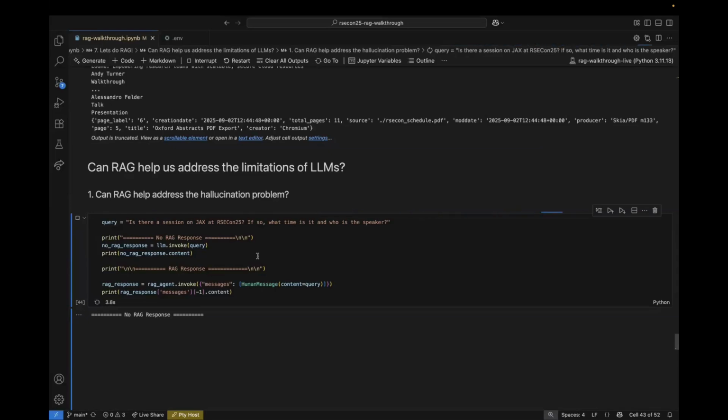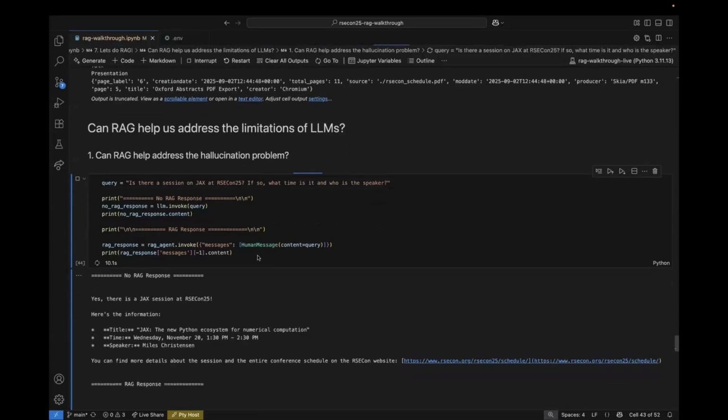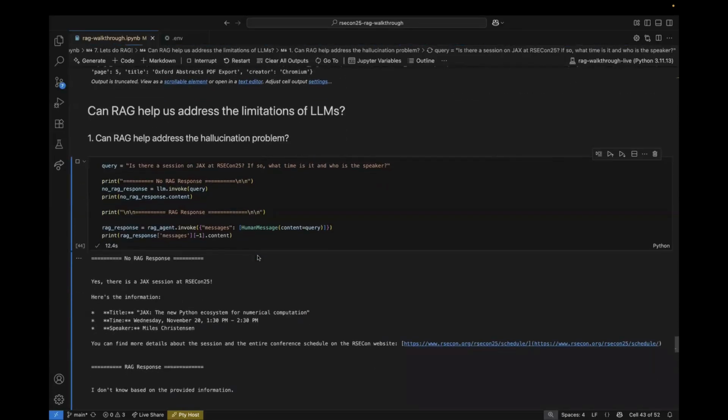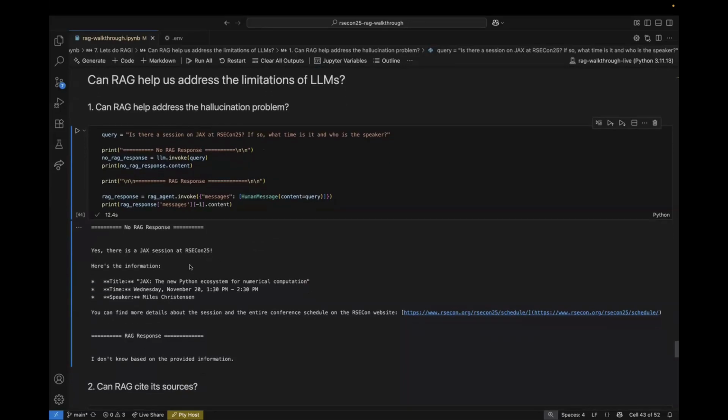The reason it gives the wrong speaker is because the PDF, when you pull it off the internet, doesn't have the actual keynote names in it at all. It shows the session chair. So according to Deborah, will be the speaker for all of the sessions today here. So the no RAG response thinks that there is a JAX session here. So this is mildly embarrassing. But the JAX session at RSCCon 25,